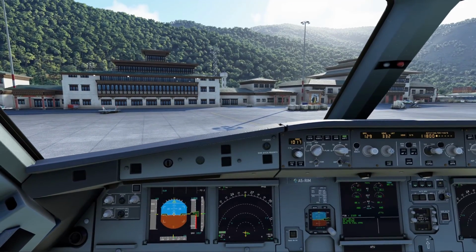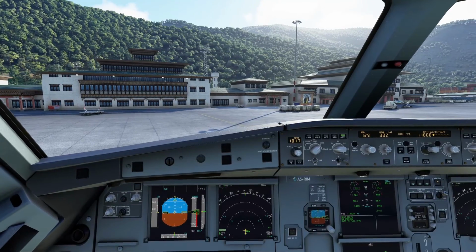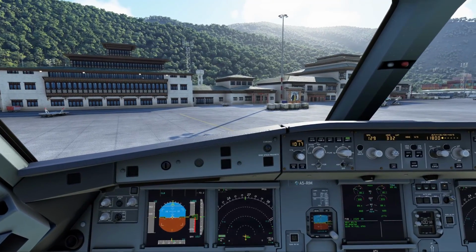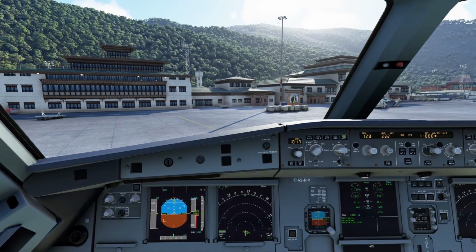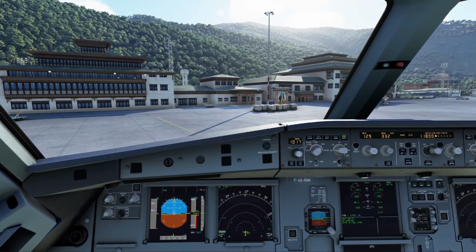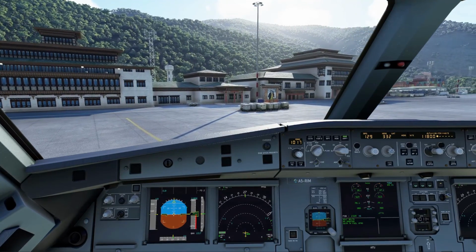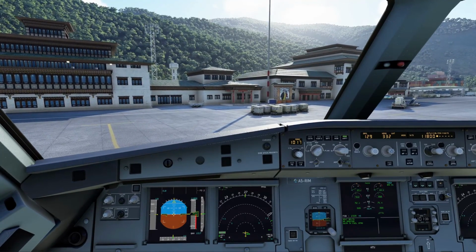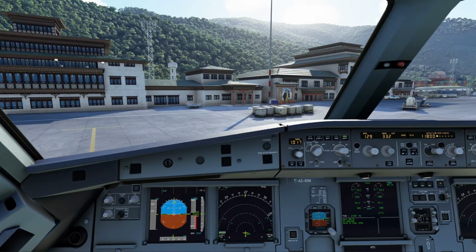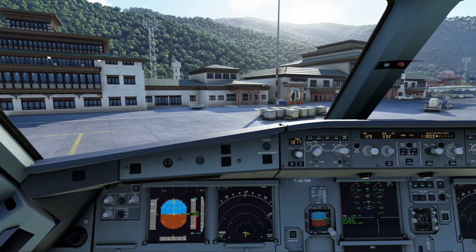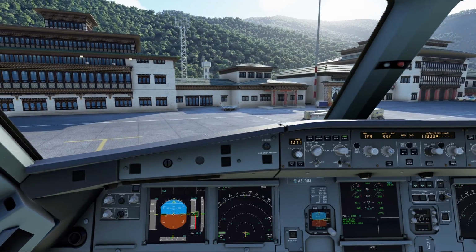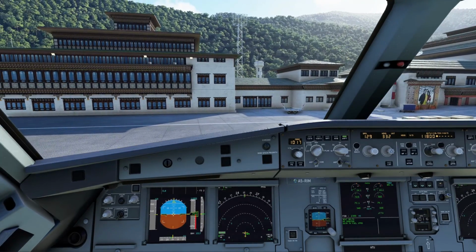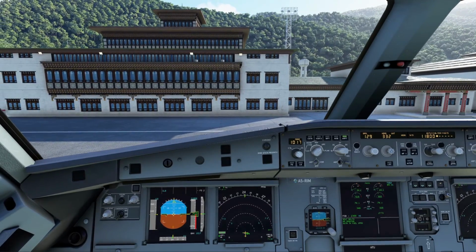Oops. This is what I'm saying about this throttle. I just can't get used to it because it just goes right into reverse. Okay, let's just get this thing under control before anything happens.